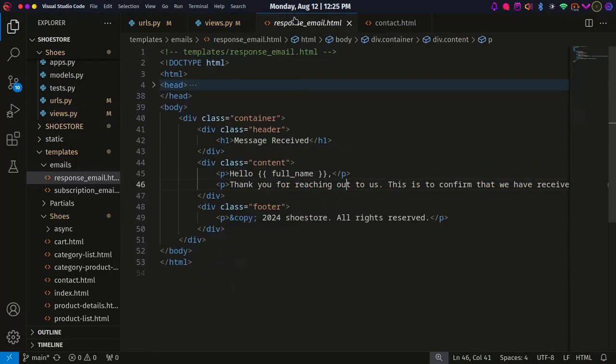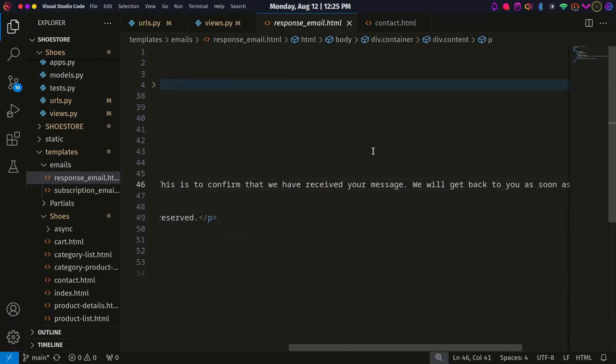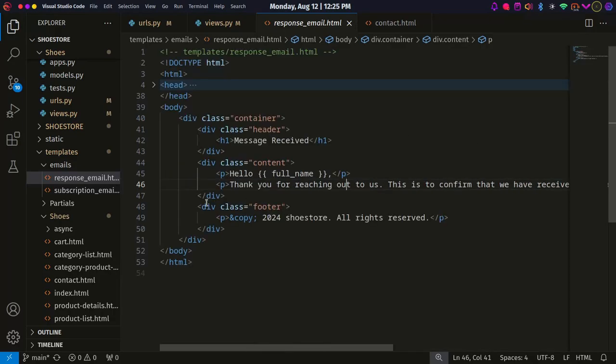In case one of them gets an error: thank you for reaching out to us. This is to confirm that you received the message. We'll get back to you as soon as possible. Then you can also have a footer with the name of your company. In my case, it's shoe store. You can do whatever you want over here. If you want to use JavaScript, you can find that code to get the current date used in JavaScript. But I wanted to make it simple, so you can just do it the way I've done it over here. Then under head,